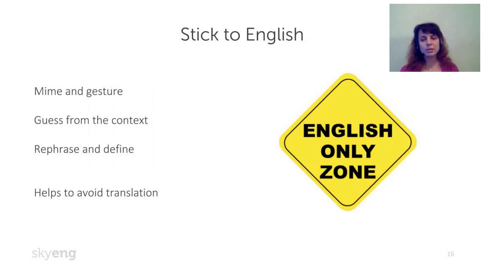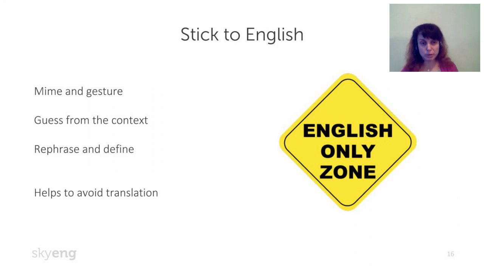So let's move further. And another thing that helps us to let them believe that they can really speak English is when at the lesson we stick to English. What can help here? Mime and gesture. You can do it with any level. Most of the instructions are pretty much the same. And if you show something with your face, with your hands, don't be afraid to look funny. It's good. People can laugh there. They have a good mood. They learn better when they're happy. It's fine.